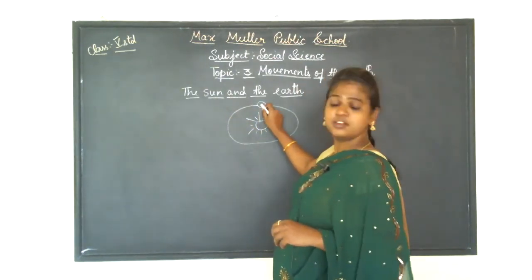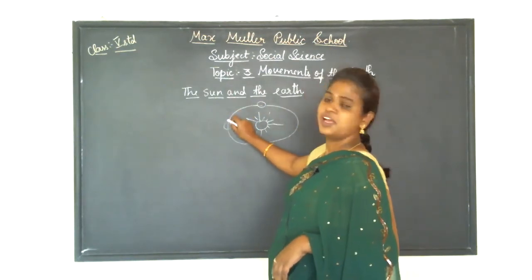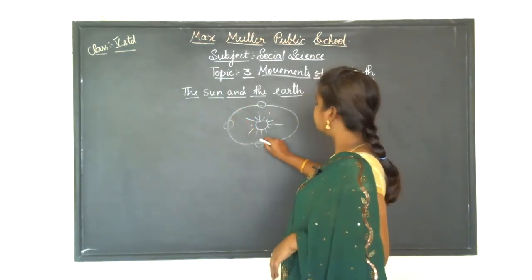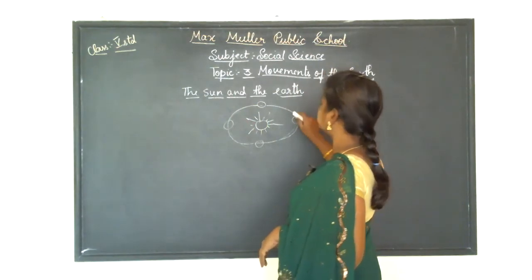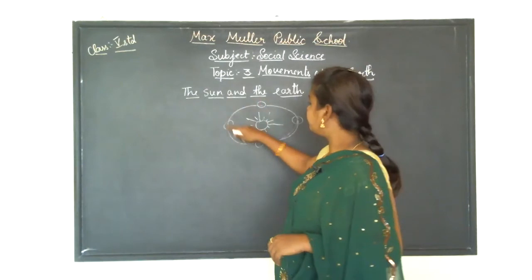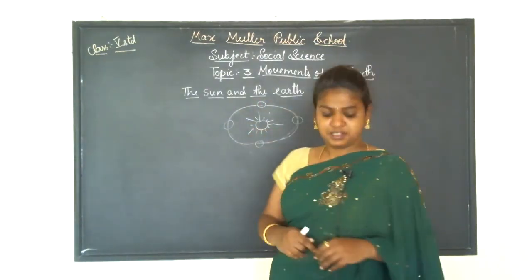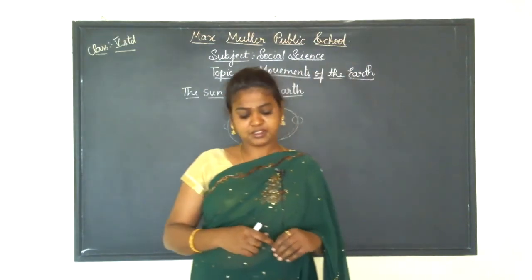So now earth is in the north portion. What happens now? The earth is moving towards the east portion. Again the earth is moving to the south portion. Again the earth is moving to the west portion. So what happens? The earth is spinning around the sun, or the earth is moving around